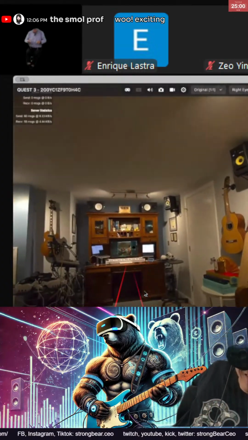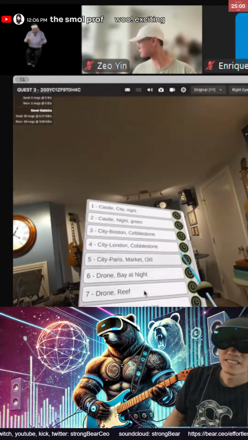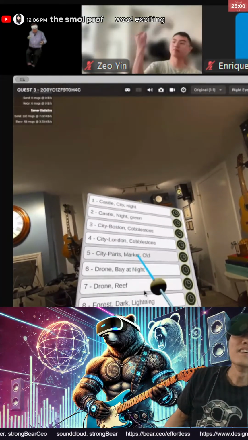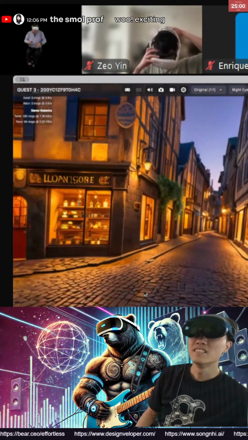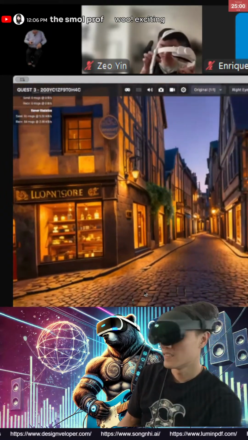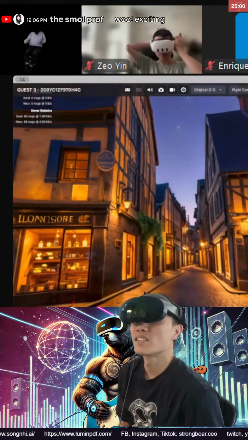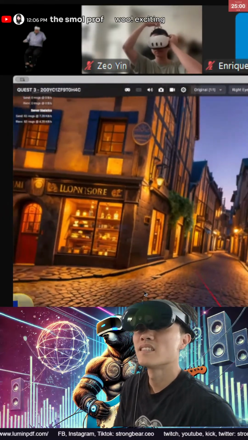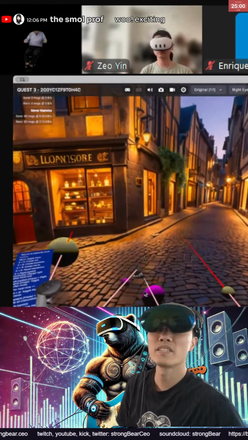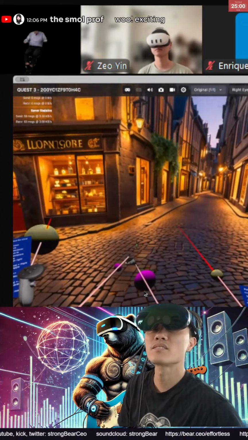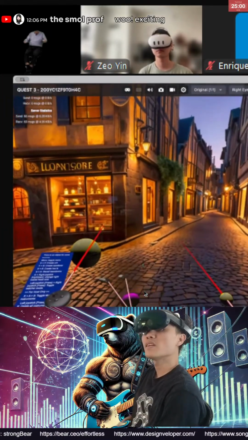Okay, good. Now, what we want to do, you know what would be nice? I'll bring up a world like City Paris Market. Strongbear, why don't you do the demo of editing an instrument and assigning controllers for a second, to show Enrique how much control is in there. It depends on how many sliders I built into the instrument. Sure. Let me share my screen, and also sharing my audio as well.